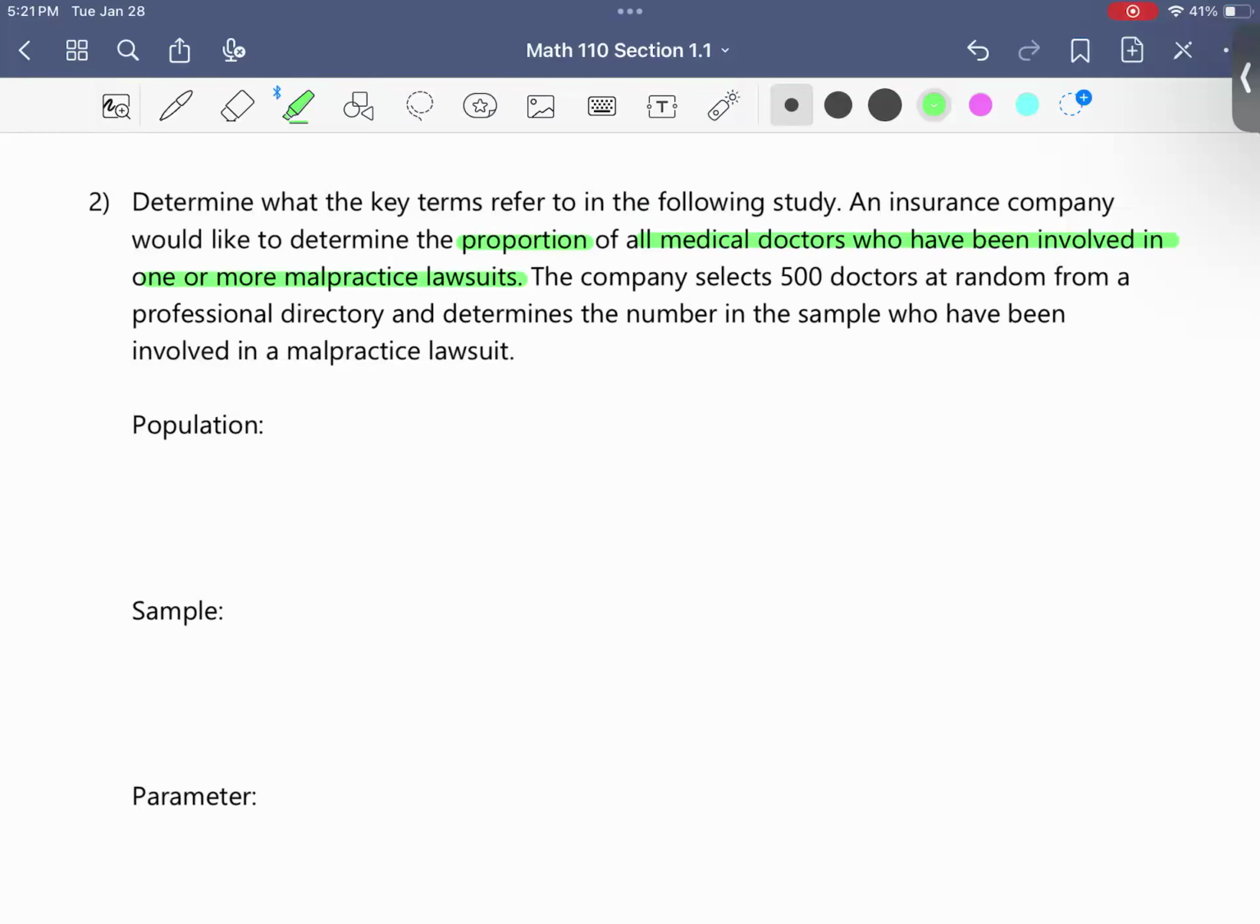The company selects 500 doctors at random. So, that would be our sample. And then determines the number in the sample who have been involved in a malpractice lawsuit. So let's go ahead and check out what our population is formally. So our population in this question is going to be all medical doctors